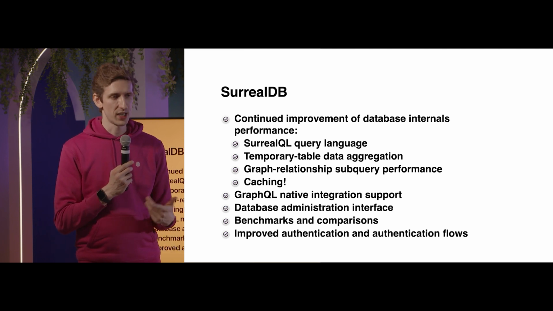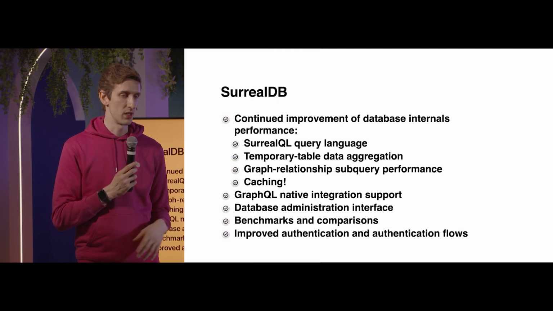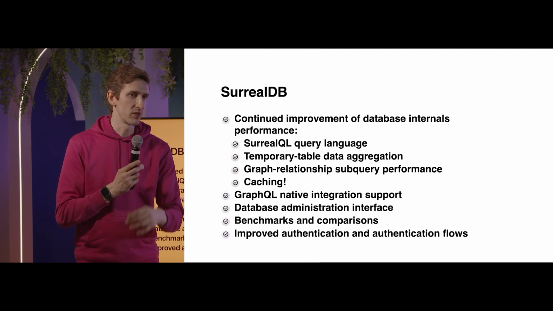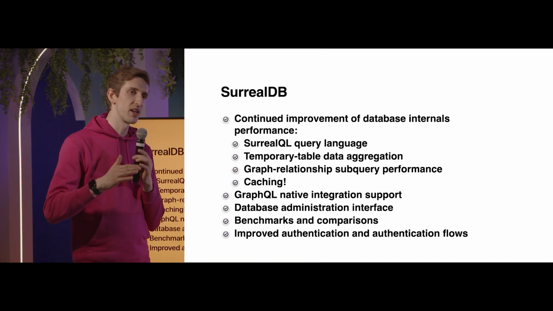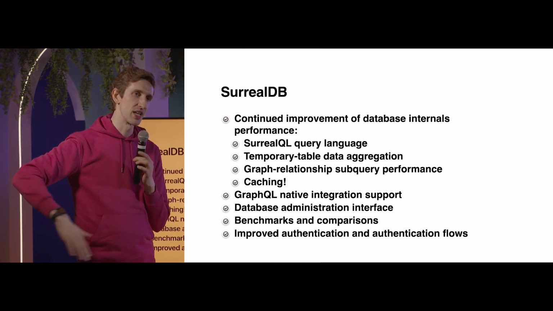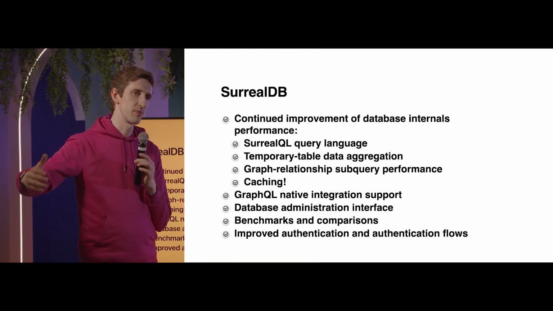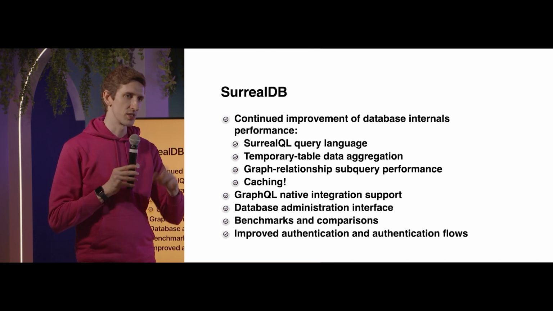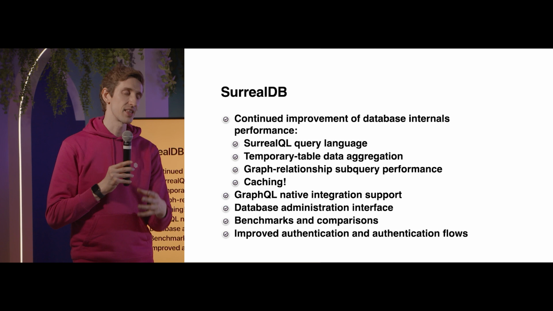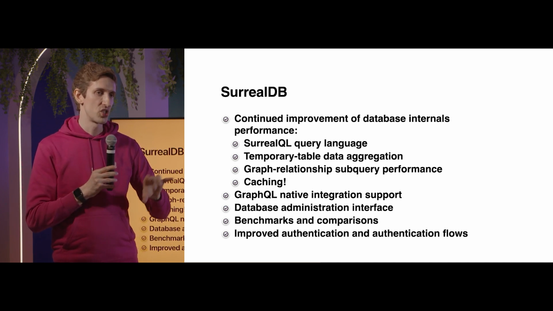Because of that, we have to work out ways of doing aggregation more performantly than you would do in another database of our type, in order to get to the performance of something like Postgres. Where we benefit is from the relationships. As you use graph data and connected data, you can benefit from that as well. And when you're working with unstructured data, that's where SurrealDB shines. So using those different types of data together, and making that work performantly in a traditional way, that's where the views come in.